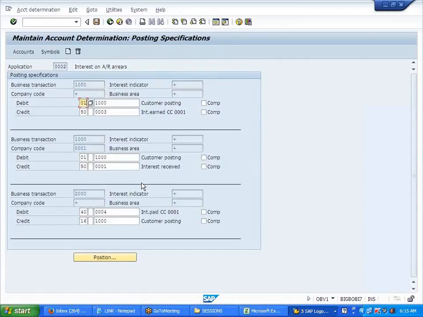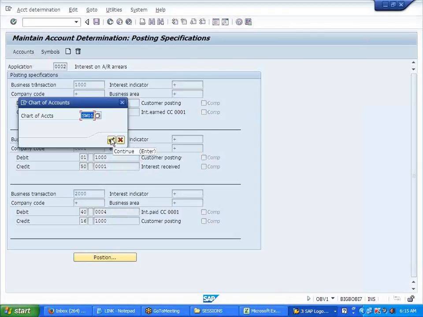Now what is the entry? Interest received is credit, right? The customer is getting debited and the interest is credit. So I'll go to the accounts.